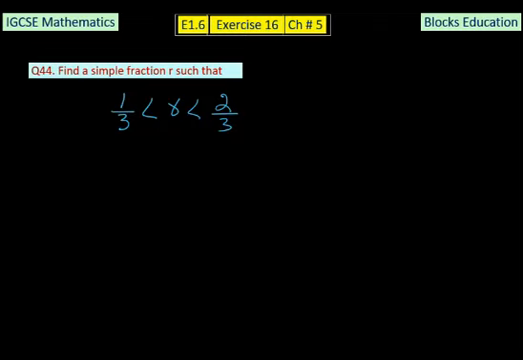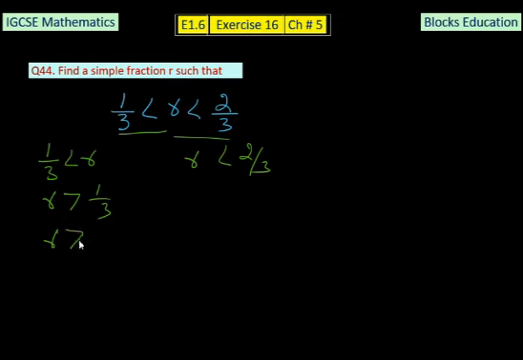In question number 44, it says find a simple fraction r such that r is squeezed between 1 over 3 and 2 over 3. So we will do the same technique: 1 over 3 less than r, and r less than 2 over 3. We divide this inequality into 2 inequalities. So one says r is greater than 1 over 3, another says r is less than 2 over 3. 1 over 3 means it is 0.3 something,